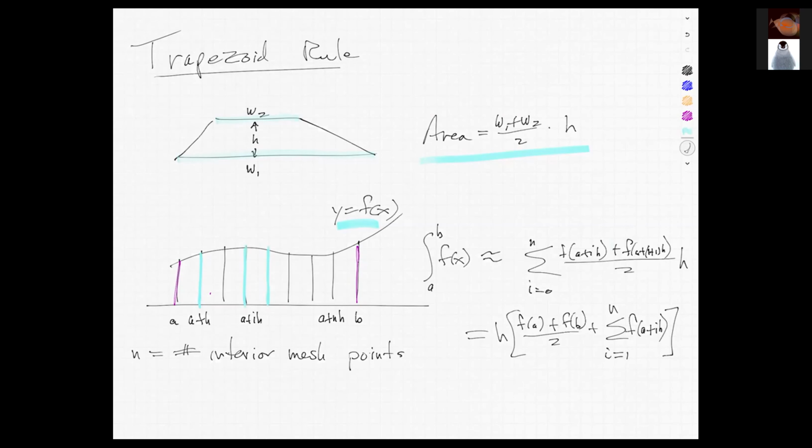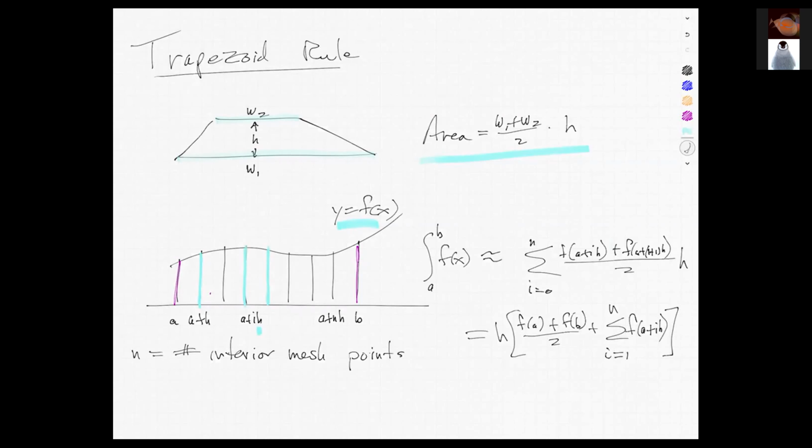Each vertical slice is approximately a trapezoid. In this case, it's the vertical sides that are parallel, and the distance between them is this increment h, between points of the mesh. So h is the distance from one of these mesh points to the next, and